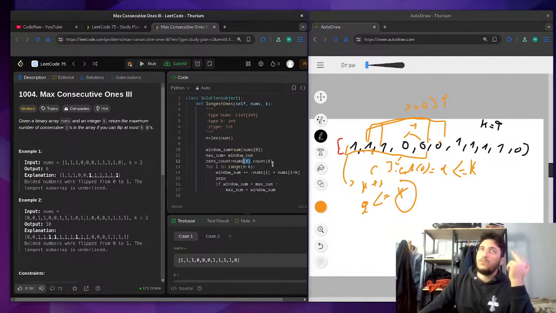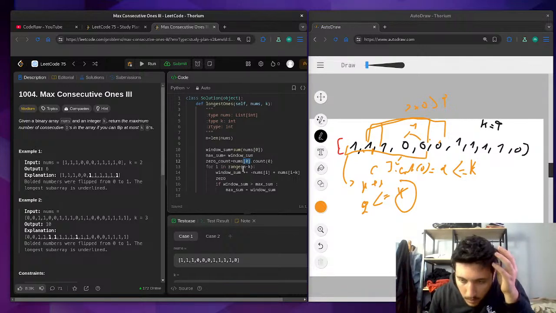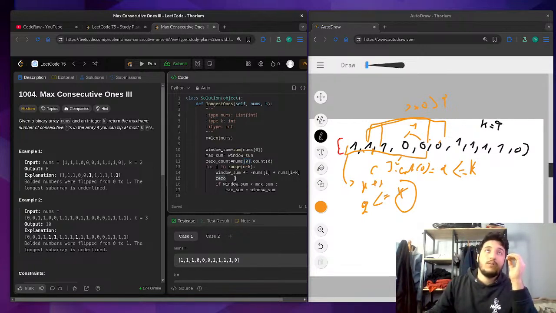If it's zero, it's gonna tell me there is 1 zero here, but in my opinion you should add to zero count whenever you encounter a zero in your subarray. Yeah, so here